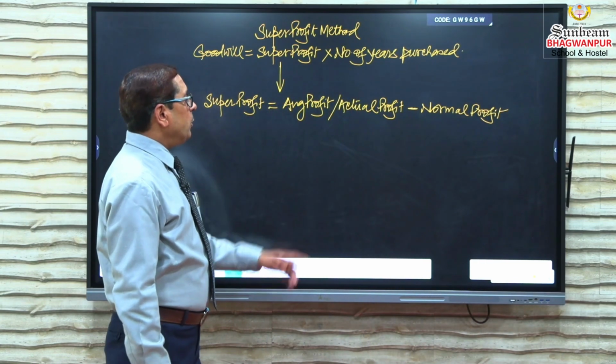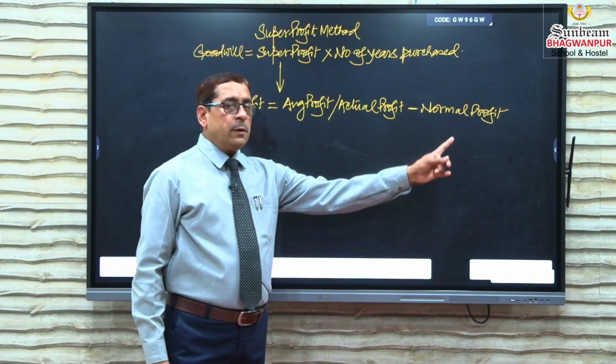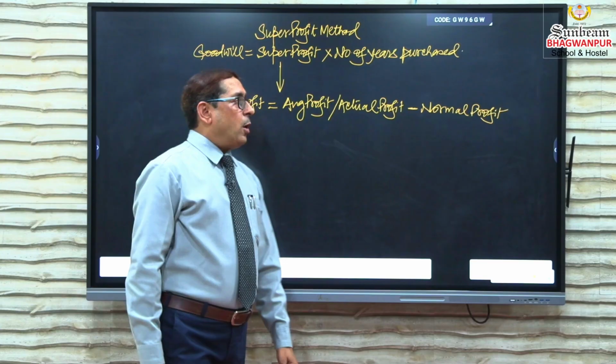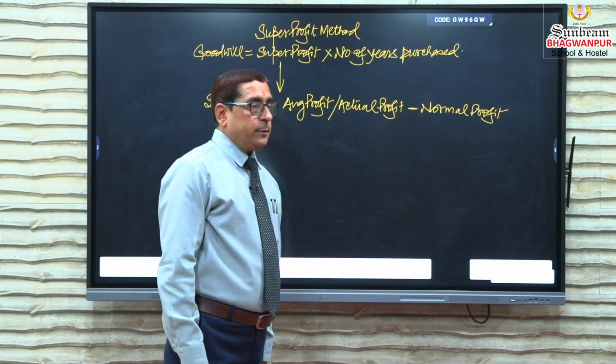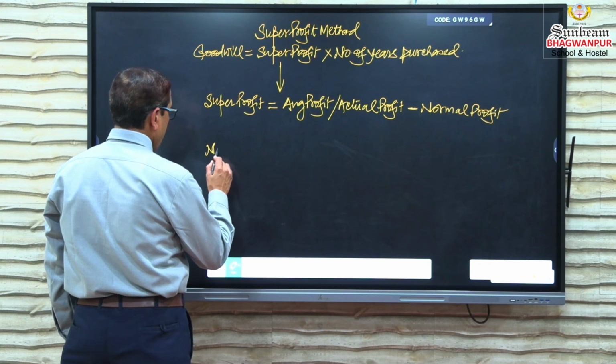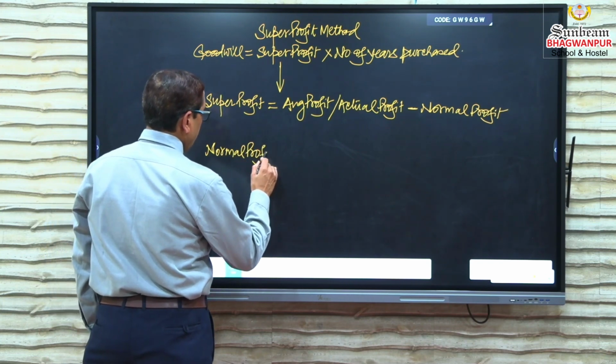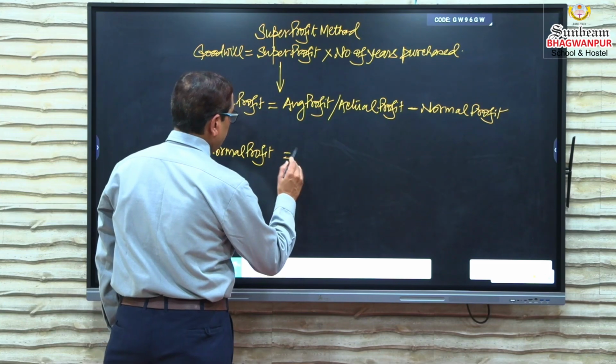Super profit is equal to average profit minus normal profit. Now, how to find out this normal profit? Let's find out. Normal profit is equal to